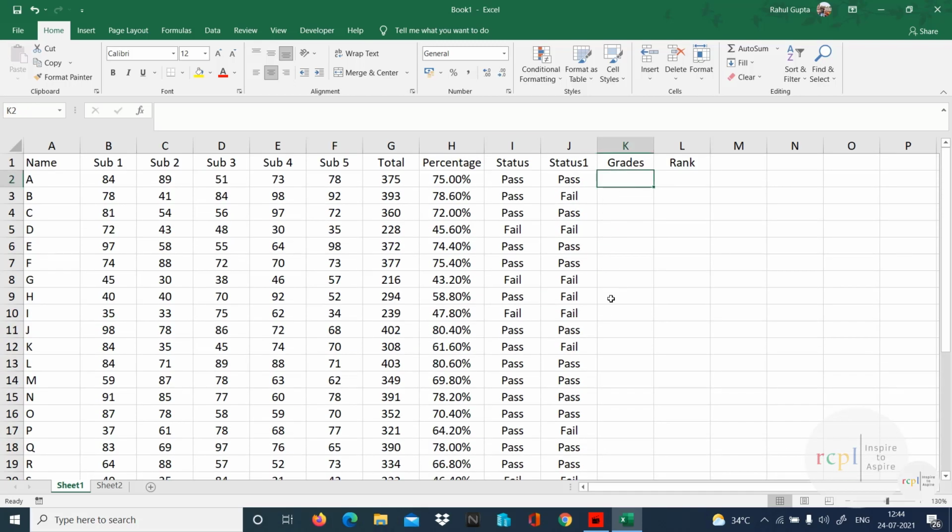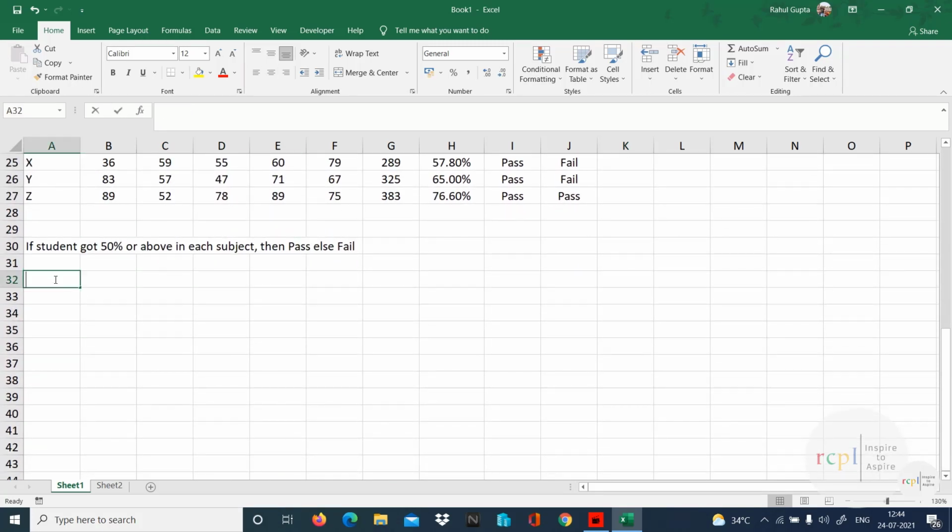Now we used to get the grades. So you can see in this case, all are greater than 50, that's why pass. Here we have one less than 50, fail. Let's make this also pass because only one subject it is fail. Here 2, 3, 4, 4 subject fail, so that's why fail. Here we have all pass, all greater than 50, that's why pass. Here also all greater than 50, here we have 3 subject, 4 subject less than 50 fail. So kind of information we have got. Now let's go for grades.